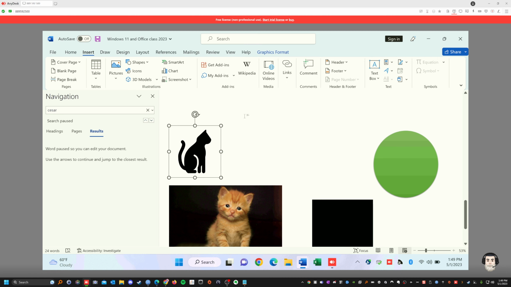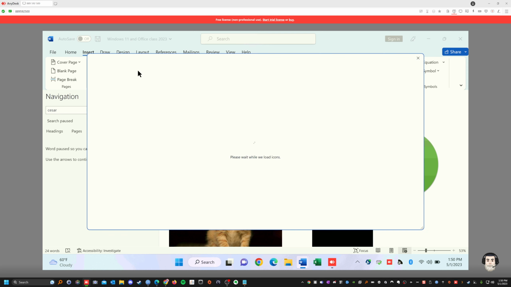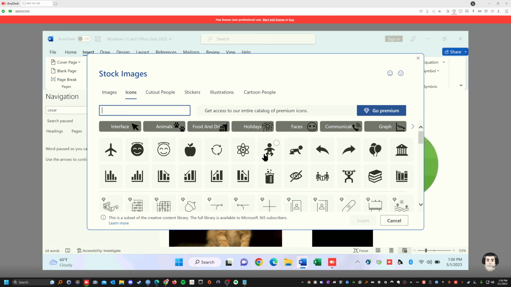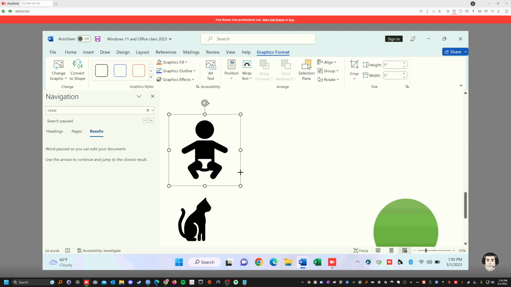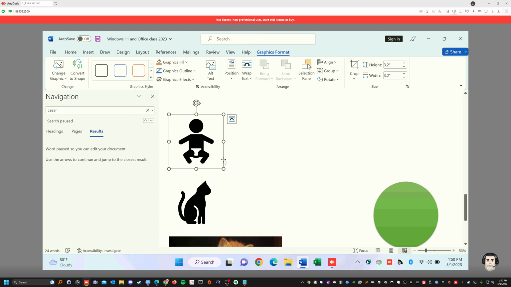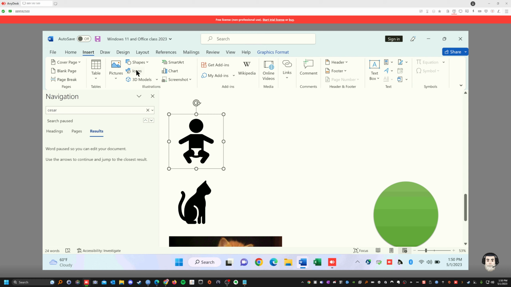Every time you make a change, it's going to take you out of insert, right? Like what I did right now, it took me out of insert. Okay? So let's say if I go icons again, and I look for, let's say, a baby, right? Click on the baby, I insert the baby, and see, I'm out of insert now. I'm in graphic format. See the ribbon on top? So it took me out of that. So you can make the picture, it's a vector graphic, it's a JPEG sometimes, or a vector graphic. Quality is pretty good, it's not bad. But let's go back, you go to insert again, and that's it, we're in icons.